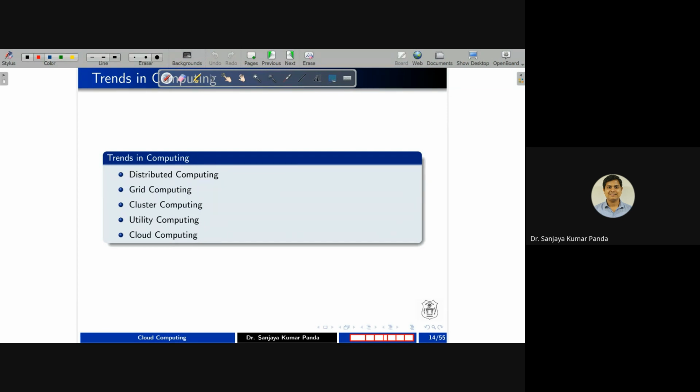So we have parallel and distributed computing, and we'll see details about this one. Then we have grid computing, followed by cluster computing and utility computing. Based on the advantages and features of these four computing paradigms, cloud computing was developed in the year 2008. Let us discuss the computing paradigms one by one so that you have an overall idea of how cloud computing is different from other computing paradigms. You can find the similarities and differences with these technologies.